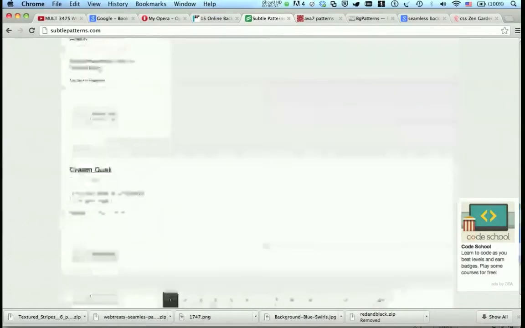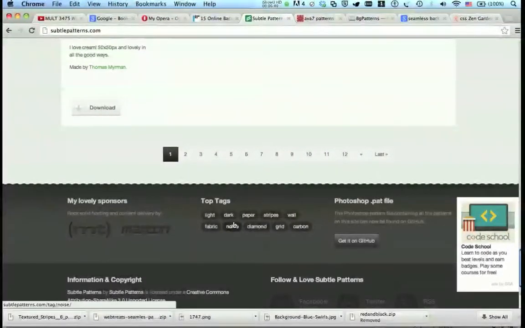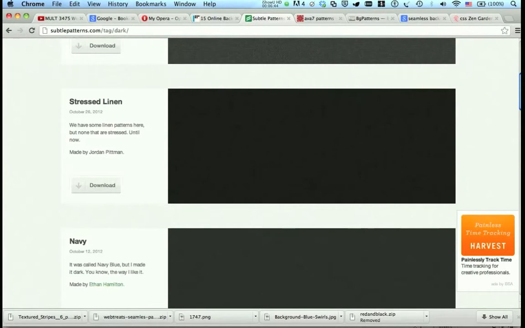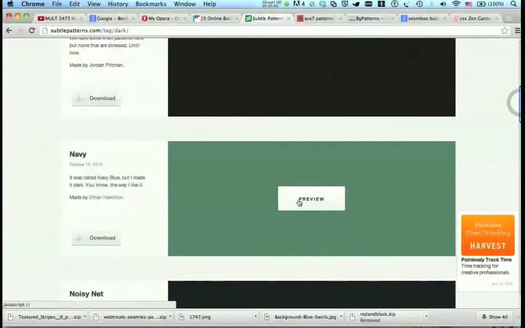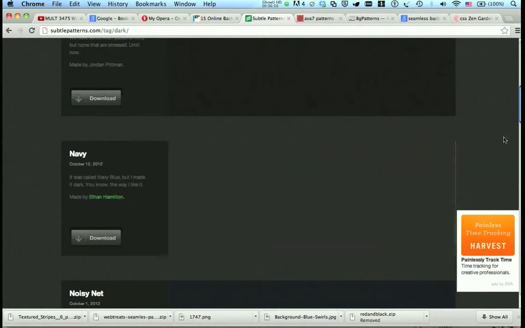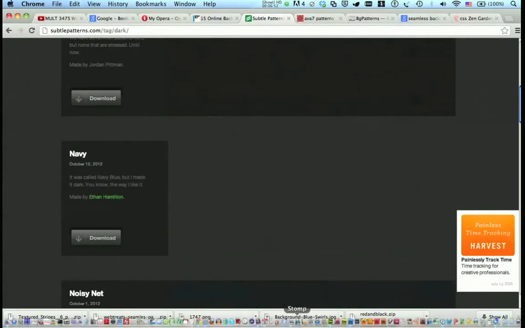So at the bottom here, at least of this site, they have some tags, like, do you want to see the dark ones? Do you want to see ones that look like paper, ones with texture? So it'll preview all of these for you. So I've downloaded one that's,